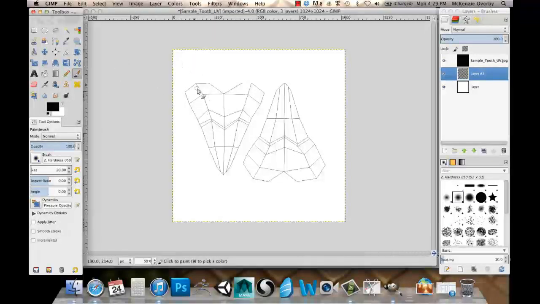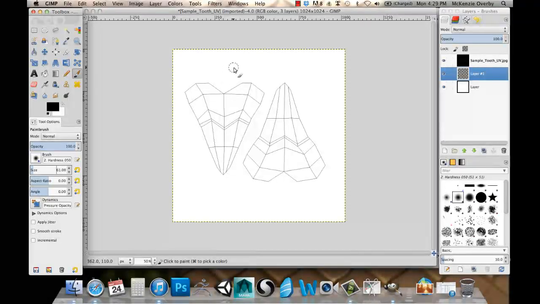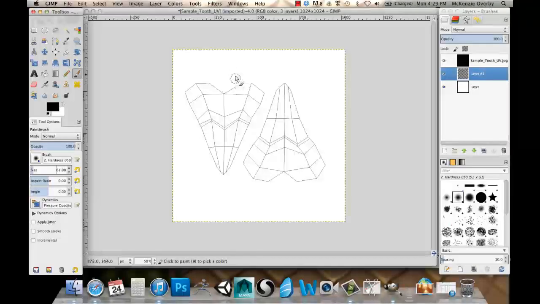When you start out, your paintbrush may be too large or too small, so you'll just want to adjust it using this size adjuster. When I hover over, you can see this little dotted circle outline wherever my mouse is. That's going to indicate the size of my brush. So I'm going to put it to something like this, and